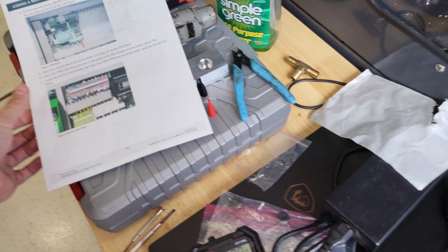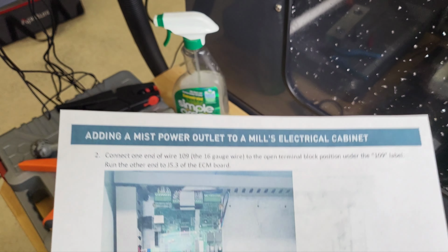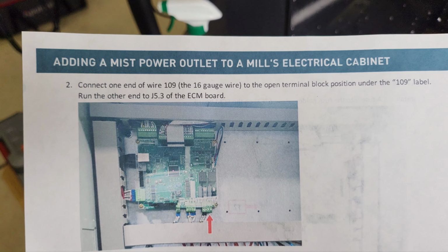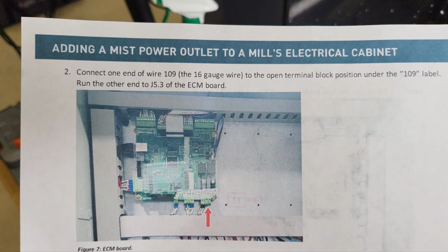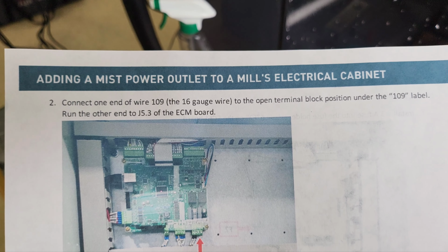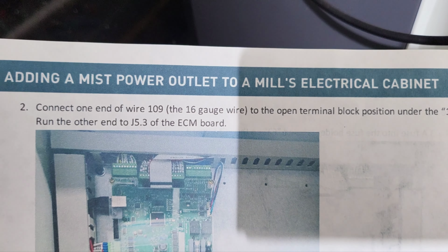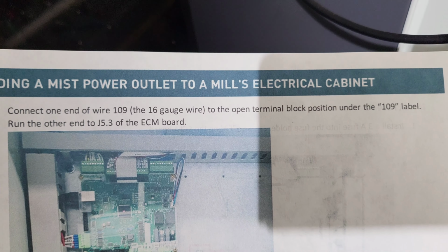Okay guys, I'm gonna just make a little video because this isn't making sense at all to me. So, wanted to run through my wiring first. So yeah, this is for the 1100 MX series, and first stage is connect the wire 109 from the 109